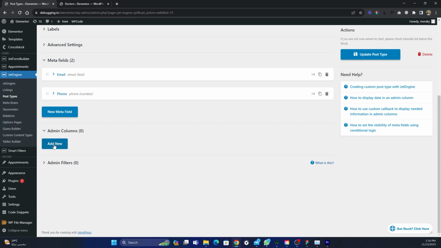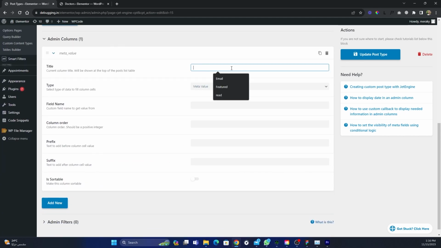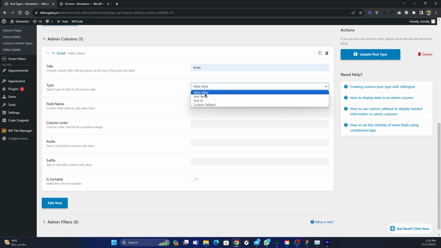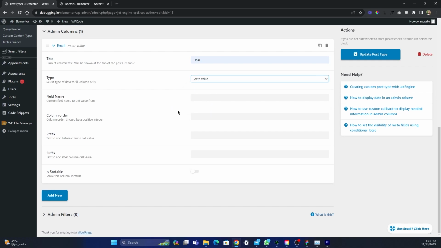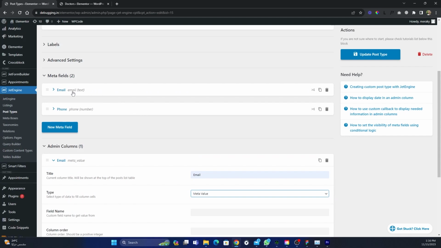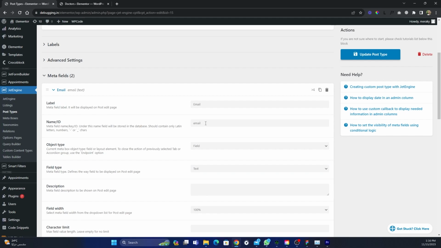We can open this here and add a new one. Let's say we need the email. Let's choose this email, and I'm gonna get the value from the meta field. And what is the field name? We just gave the names. Those are the names with the gray. If you open this, you can take the name from here. It's case sensitive,